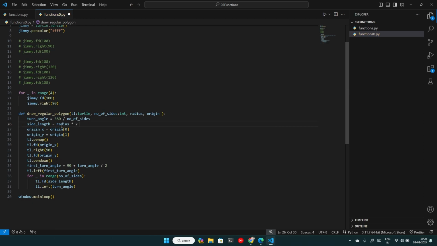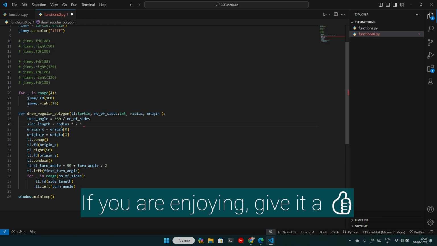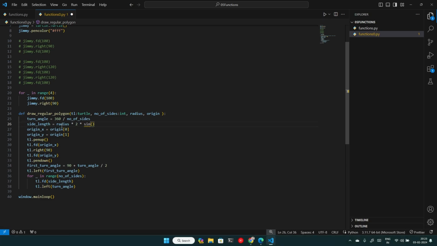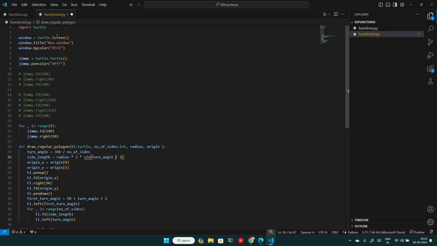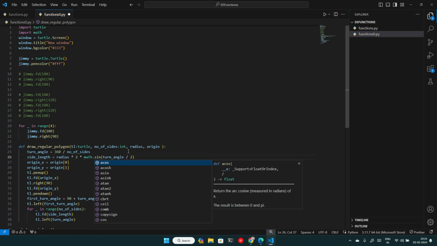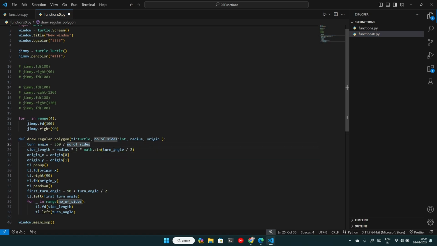times 2 times, we need a sine function, okay, sine turn angle by 2, we need that. We can import the sine function here, import math, and we can use math.sin. Now the fun part is sine will take the argument of angle in radians, so we need to convert that into radians.